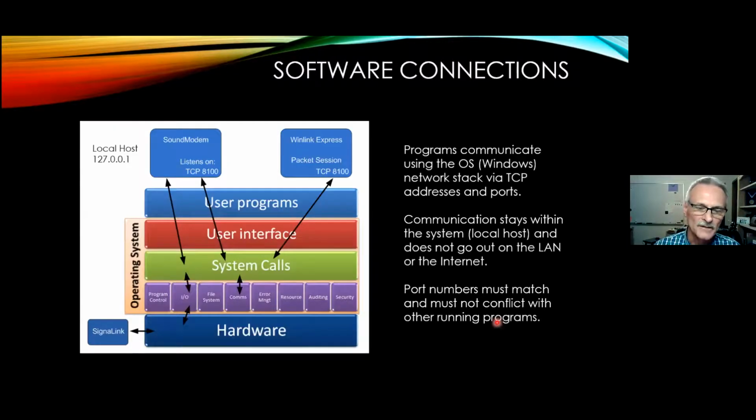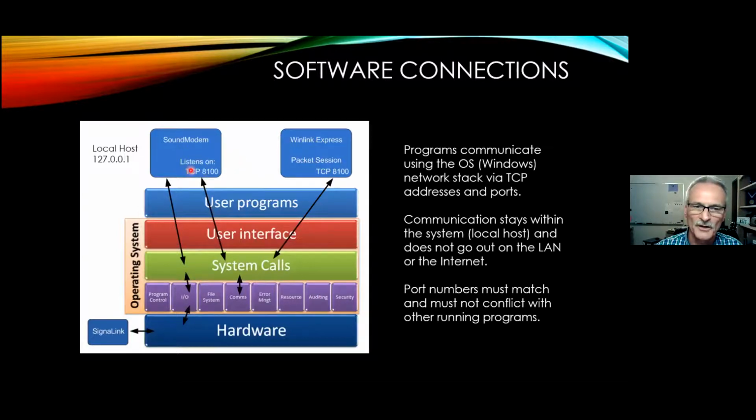Okay. And just briefly talking about how these external modem applications talk to Winlink Express. We utilize the TCP/IP stack within the computer, but we use the localhost IP address. Okay, so that's that special address 127.0.0.1. That says don't go out on the wires, don't go out on the Wi-Fi. The station I'm trying to talk to is within this computer. Okay, and so we just have to match up the ports, and